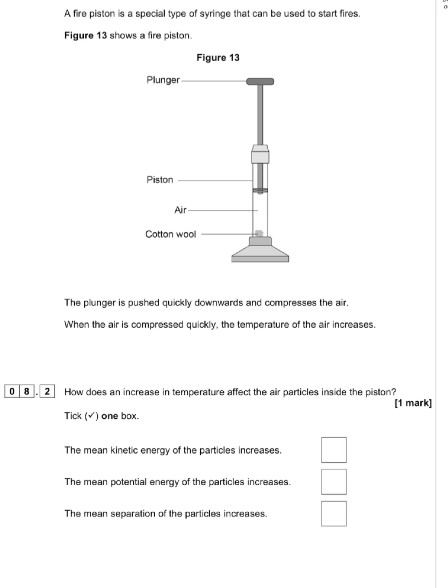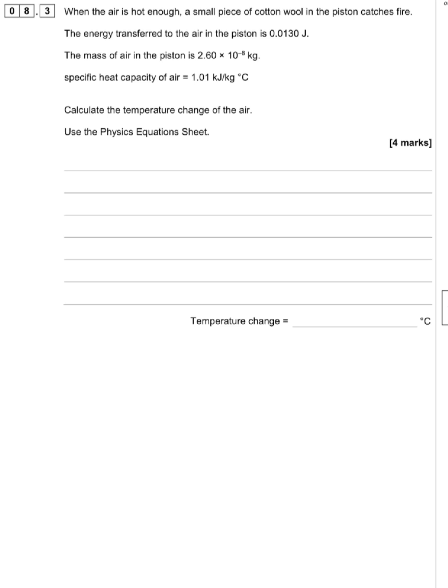The potential energy of a substance is affected by the positioning of the particles. It's not affected by temperature. And that means that the answer must be the kinetic energy increases, because an increase in temperature causes the particles to have greater kinetic energy. So when the air is hot enough, a small piece of cotton wool in the piston will catch fire. The energy transferred to the air in the piston is